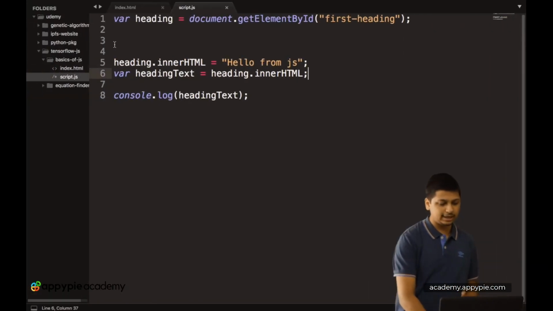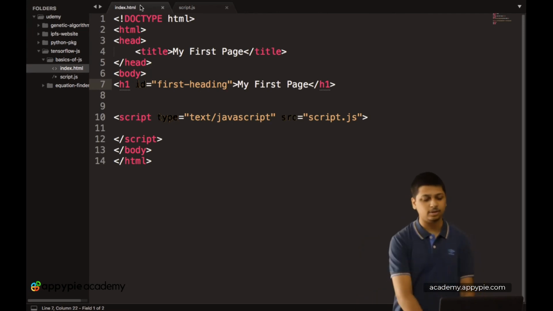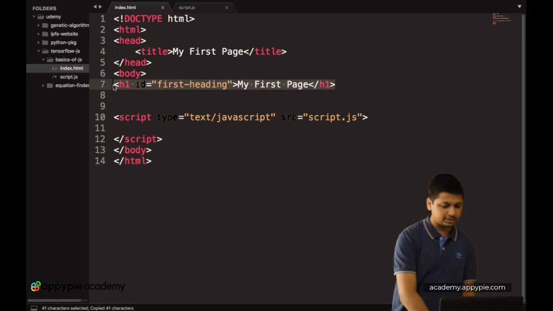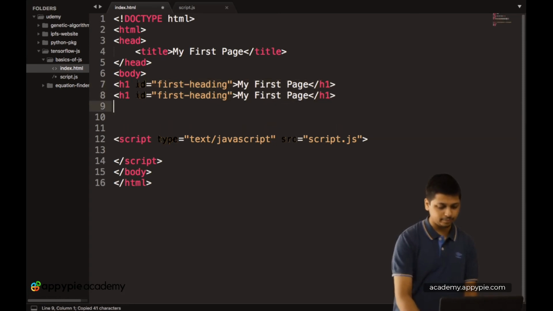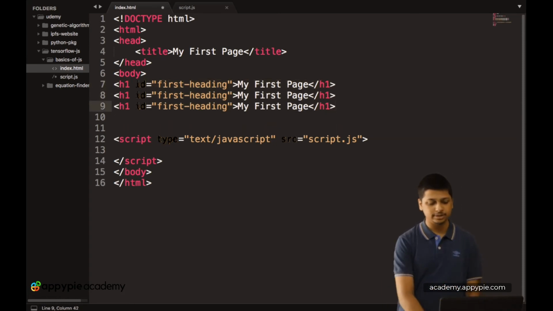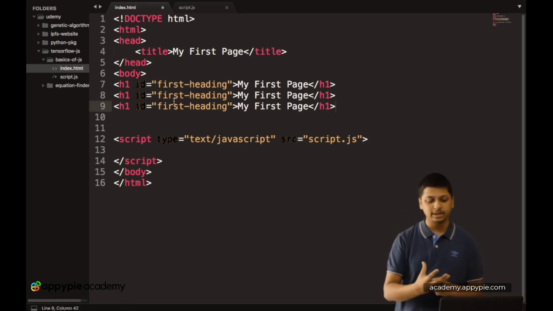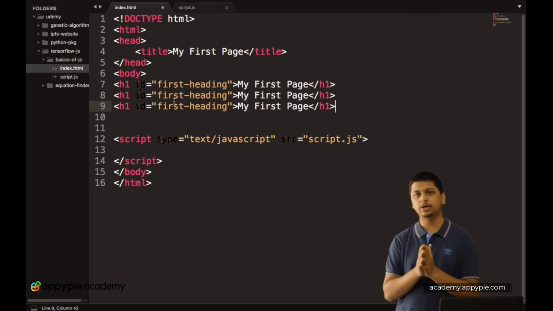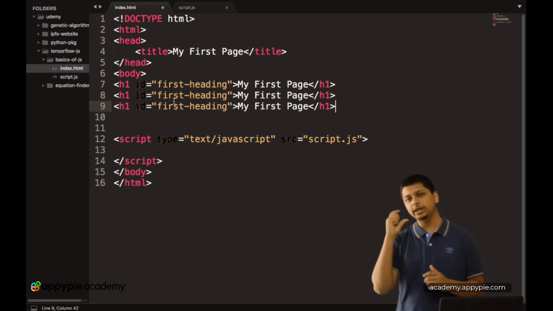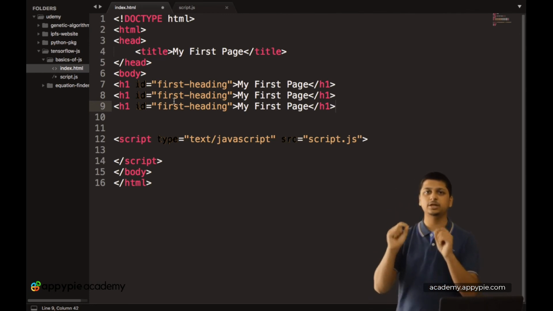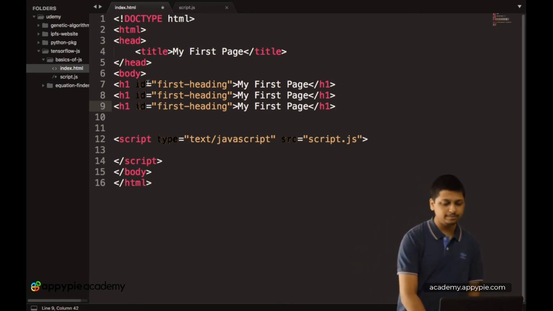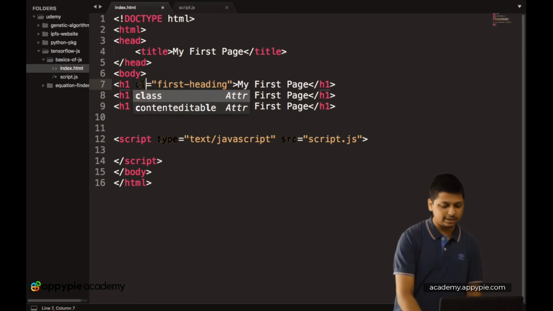Okay, so now to do that, let's first go into our index.html. Let's basically create multiple objects. So over here we have the H1. Let's copy the H1 and let's paste it 3 more times. So now when you are dealing with ID, then this particular thing will give out an error because ID can be used only once and ID is specific to a particular tag inside the HTML. So over here, instead of ID, let's call this a class.